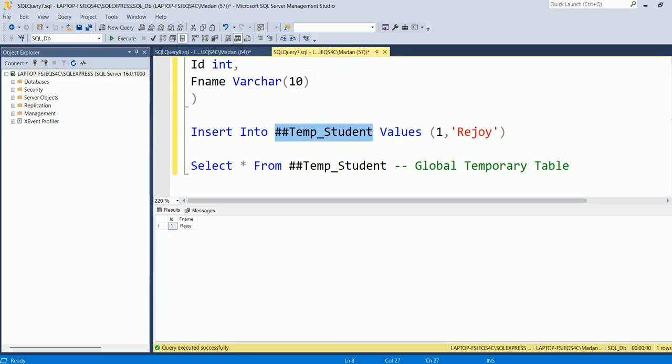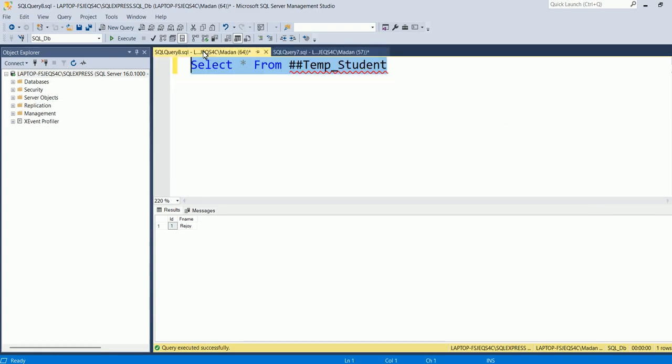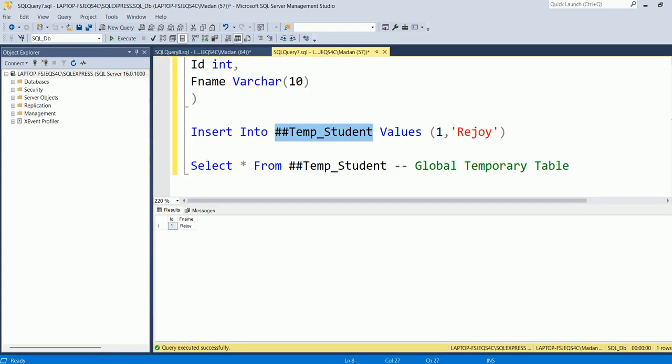But we saw the local temporary table, which was not accessible as soon as I closed the current session. But the global temporary table is accessible in the current session and in the next session as well. But now, what if